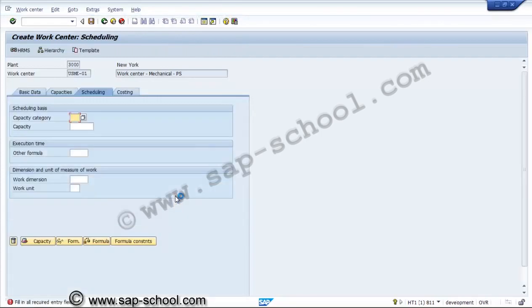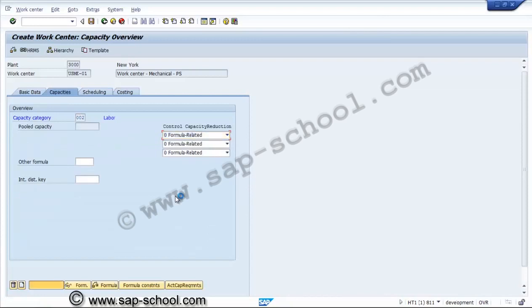Now this is the capacity category. Again 2. We can check for the shift timing and shifting for capacities also for the resources we have selected.